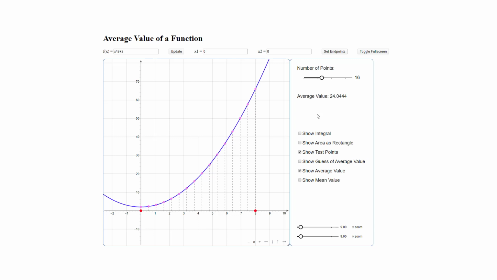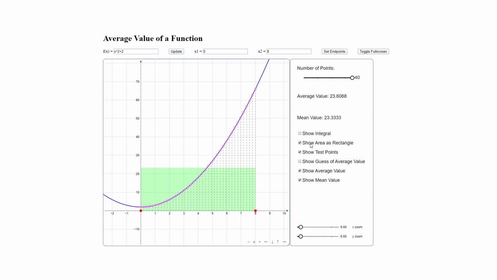Turns out that if we continue increasing the number of test points, these things actually do come out to a limit. And that limit, I can show you here, in this particular case, is 23.3. Alright, so the thing is, if I have an average value of 23.3, effectively what I'm saying is